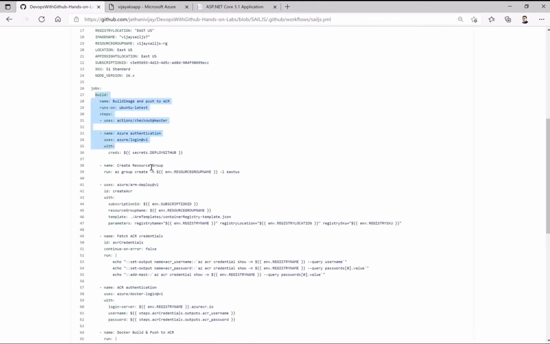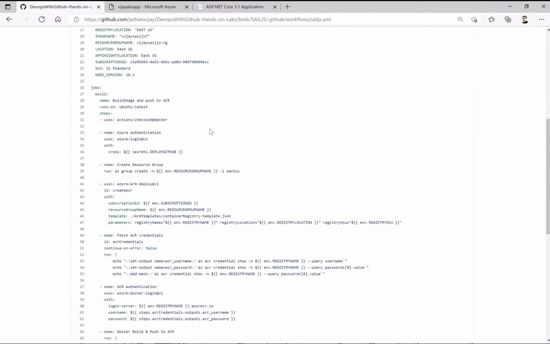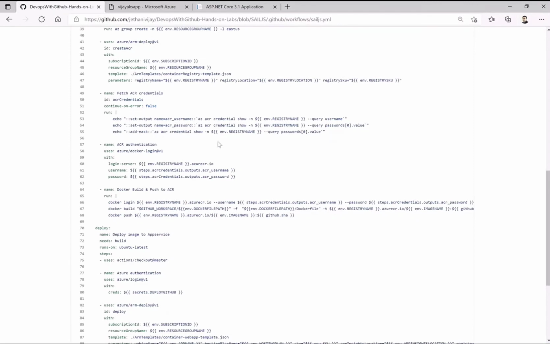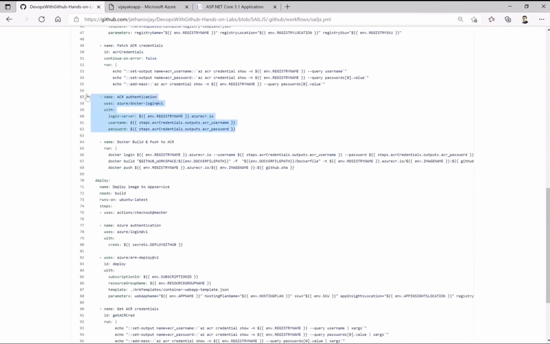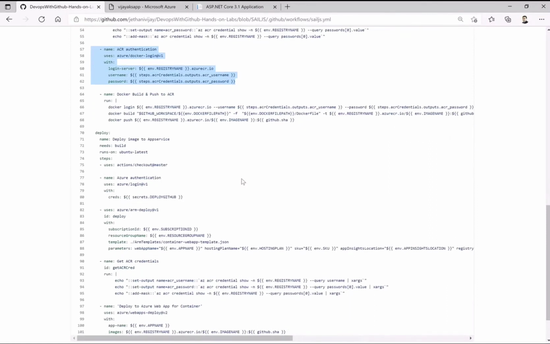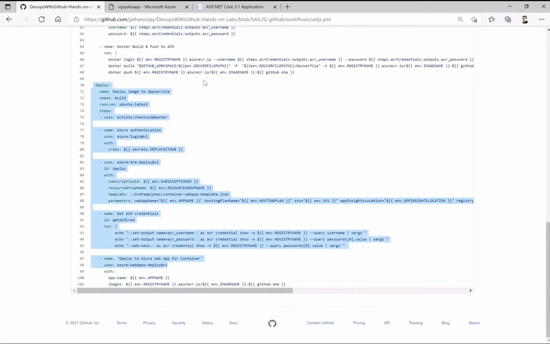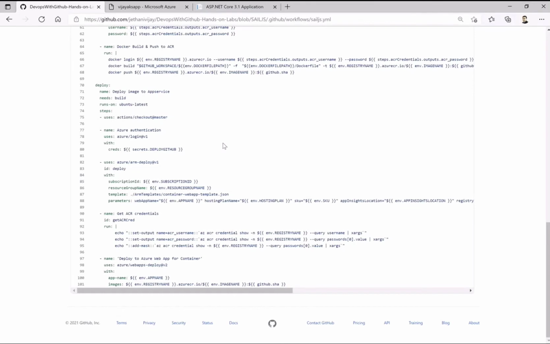So again, jobs: build. This is where I'm using the hosted runner and then authenticating to GitHub, creating the resource group, and doing the ARM deployment for the respective container registry and then app services, and having the authentication credentials from there. Then pushing that to a website which we have created, and then deploying the code. Here, this is for a push to the container registry, and from here onwards this is pushing of the artifacts to GitHub.